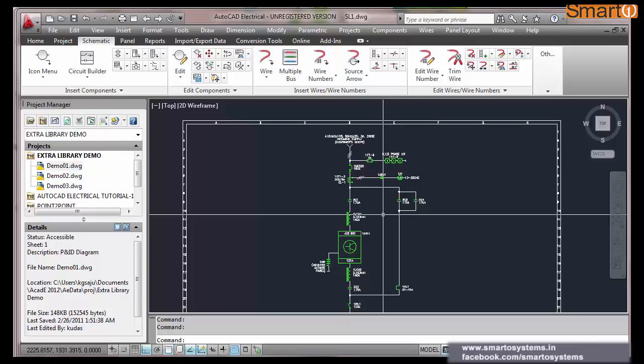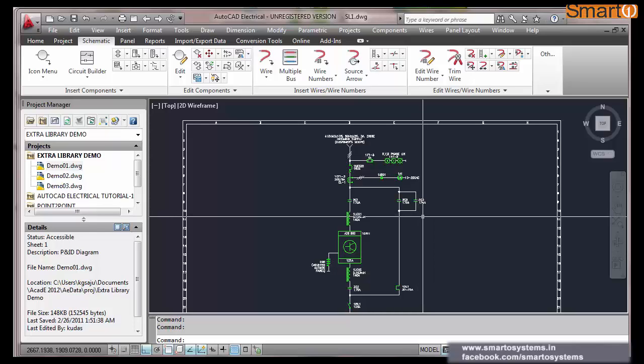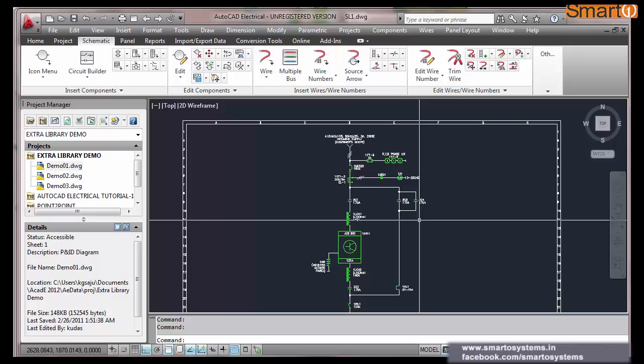But if I draw these circuits in front of you, you will get the clear picture, and you can in fact rewind and see how I created these circuits. So it will really help you. Trust me, it will really help you.